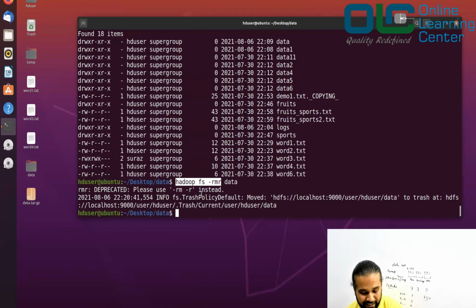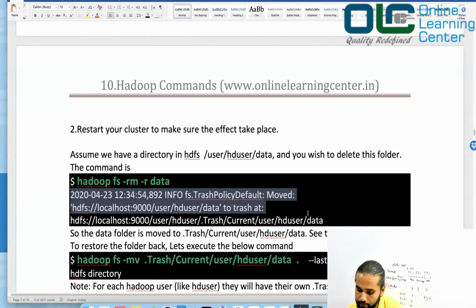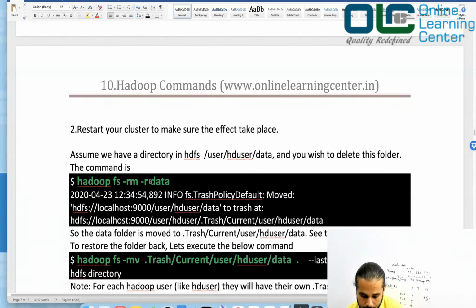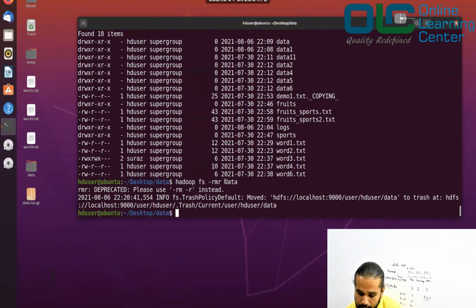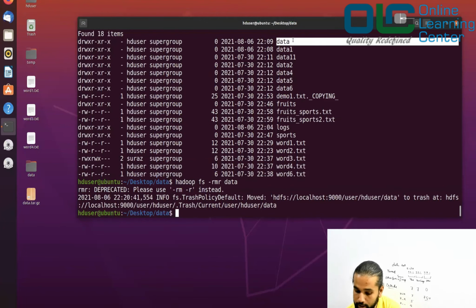Now when we ran hadoop fs -rmr, what it did is it moved this folder into a trash location. It's just like a recycle bin in your Windows, right? It started working, and you get to see this kind of message. Now let's see what happened. I was trying to delete this data folder, which was in my current location. And what is my current location? /user/sd/user, right? So let's see where exactly it was moved.